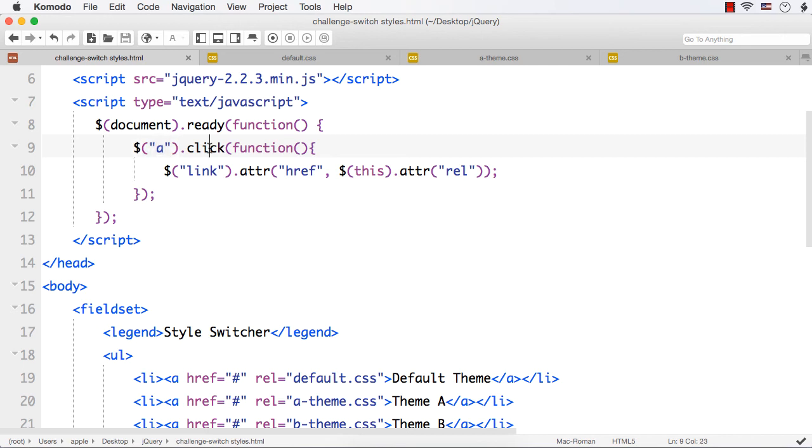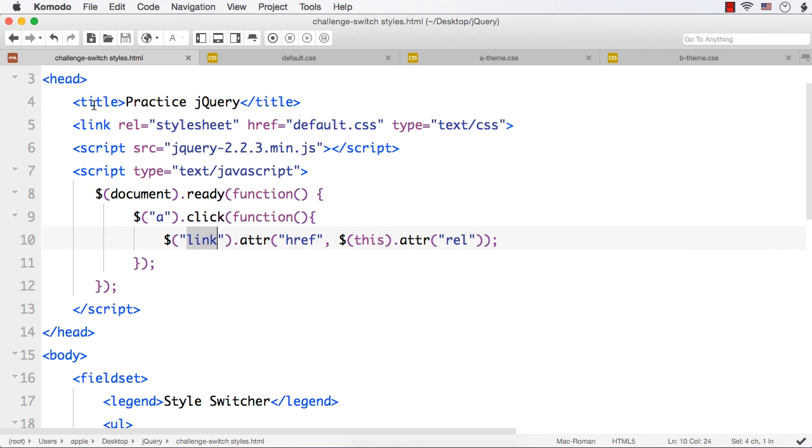On its click function, we wrote the code, and the code is like we first selected the link and its href attribute's value should be set. So we used the attr method, and its href attribute's value is set to this value because $(this) means it will select the currently clicked A element, as we have written the code for this.